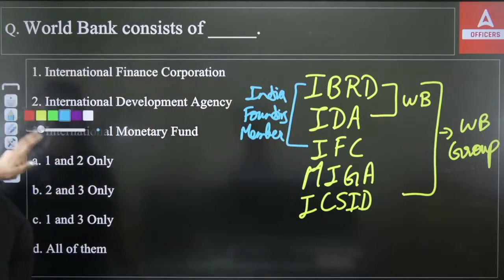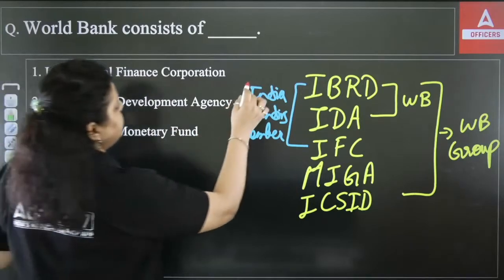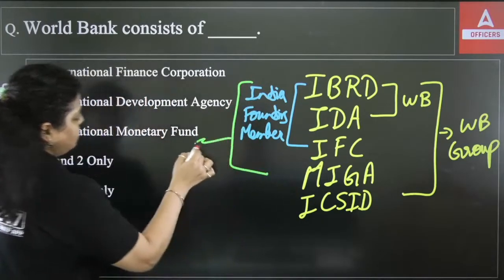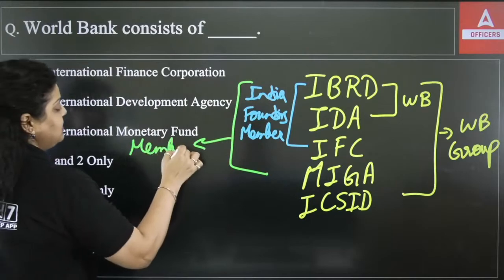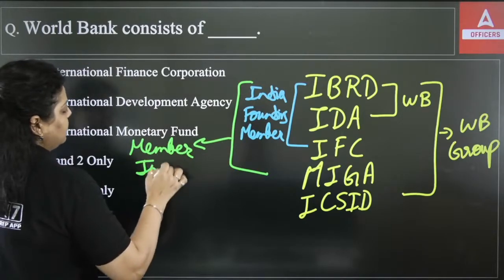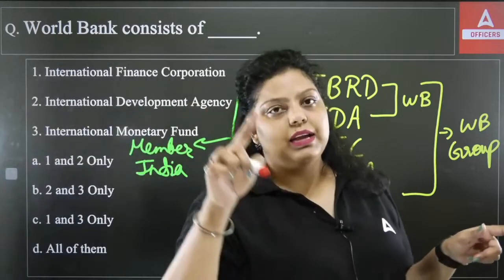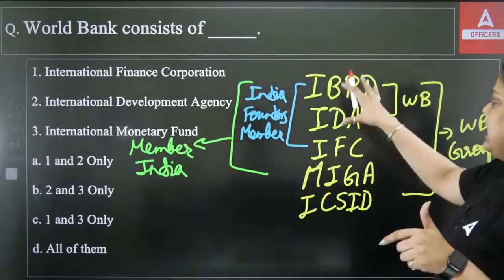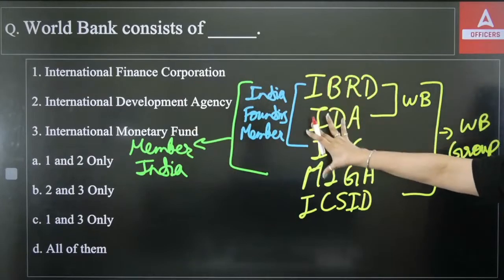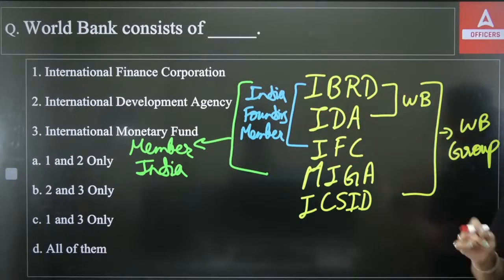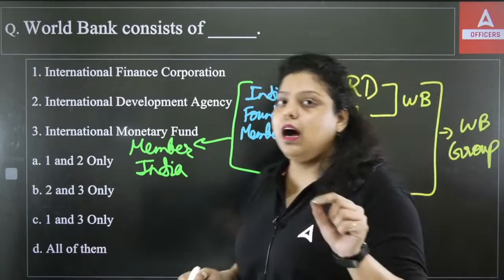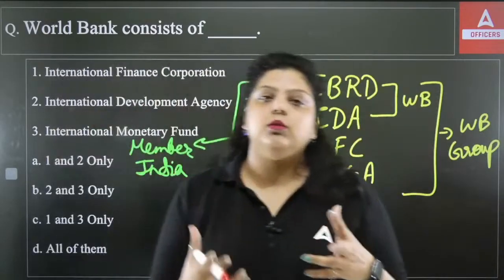If we talk about India represented as a member country, out of these 5, India is a member country only for the 4. It means India is not a member of ICSID. India is a founding member of IBRD, IDA, IFC, and India is a member of all these 4 institutions. Clear? Now, IBRD is also known as a lending arm of World Bank because it provides loans to reconstruct and